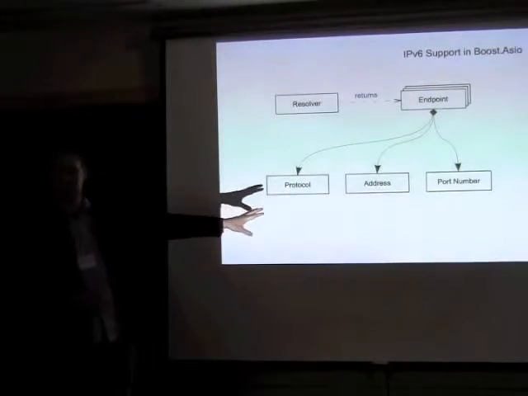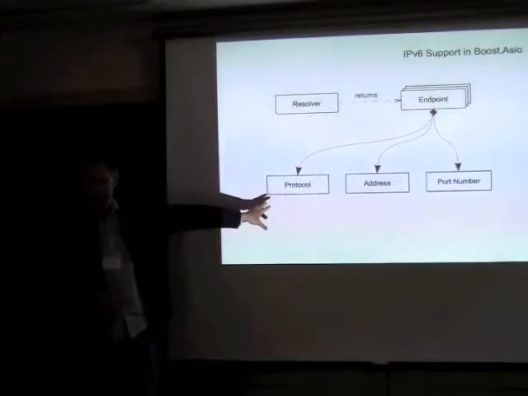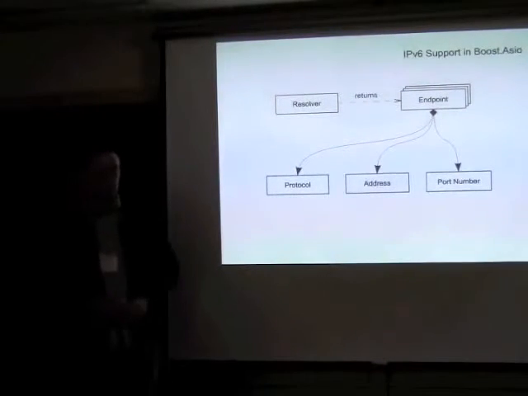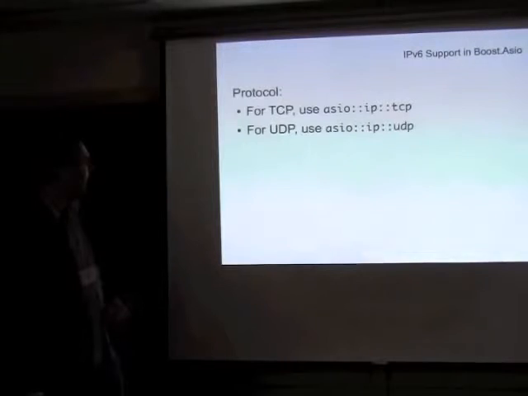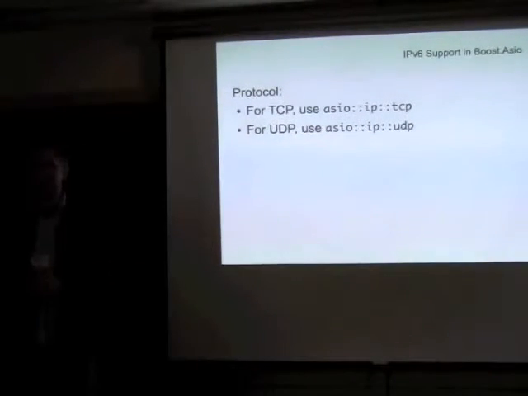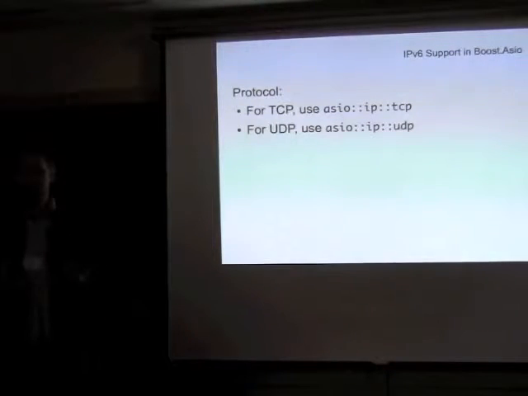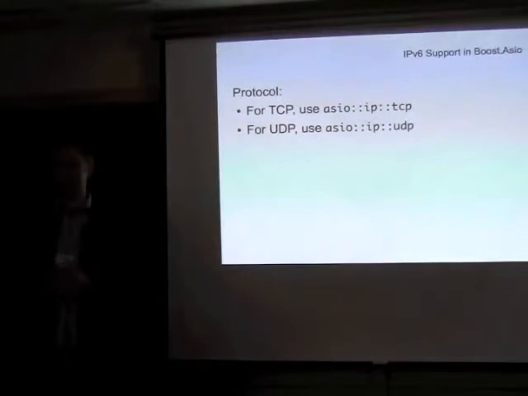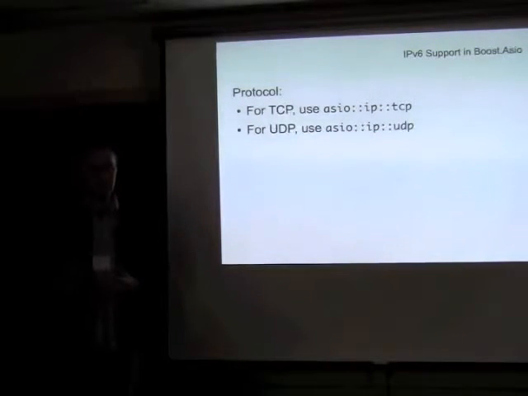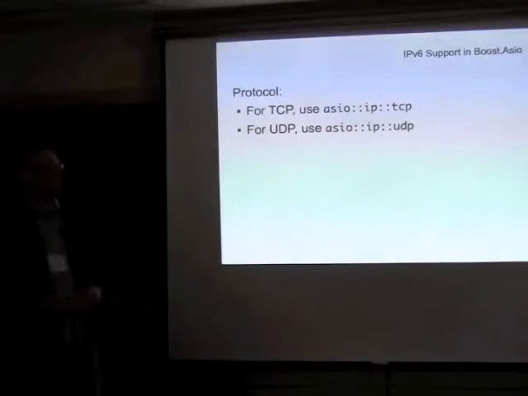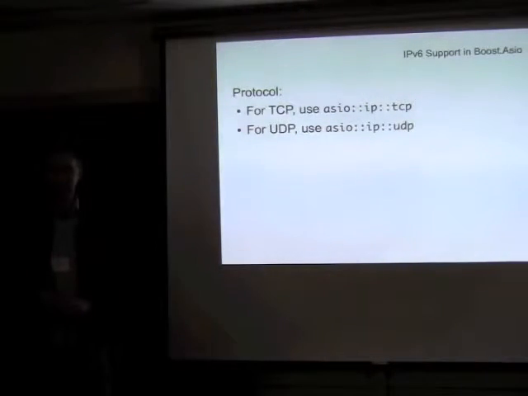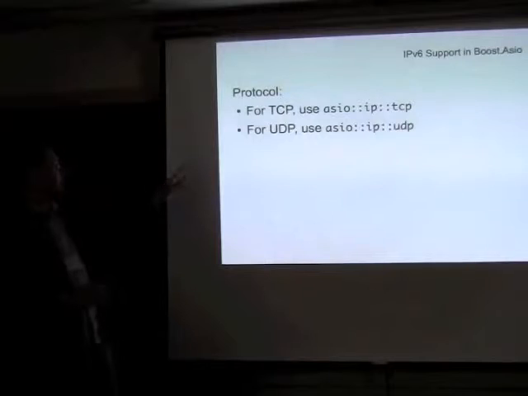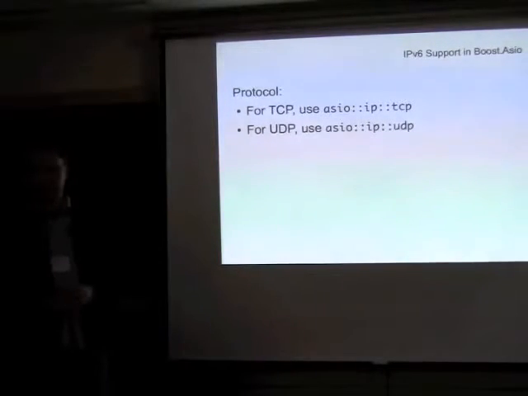And an endpoint is composed of three things. One is the protocol, and by that I mean IPv4 or IPv6, the address, and the 16-bit port number. Now, the protocol class is, in ASIO, first of all, as a concept for a protocol, there's two concepts. There's protocol and internet protocol, and it's actually internet protocol that is relevant here. And there's two classes that implement the internet protocol concept, and those are the TCP and UDP classes,